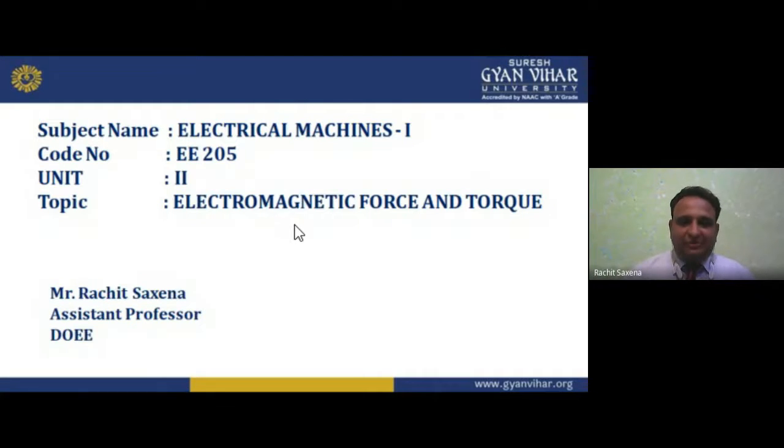We have covered it basically. So the BH curve is there, and series and parallel magnetic circuits we have. Now in this unit, we have the electromagnetic force and torque. Why is it called electromagnetic force, my dear student? Electromagnetic is a combination of two words: electrical and magnetic. So the combination of these two applies a force.